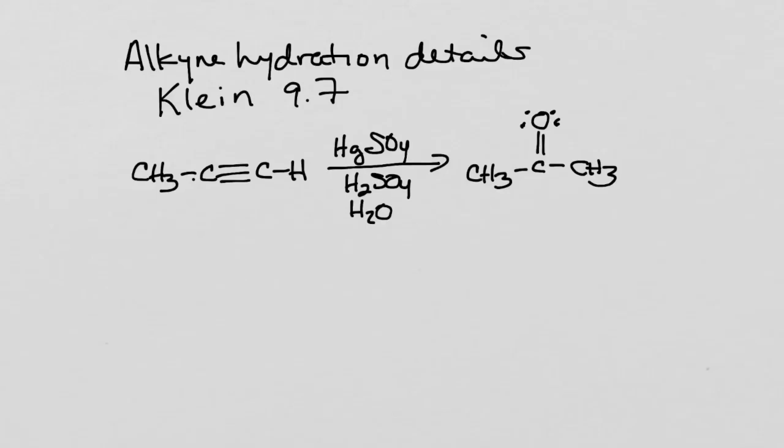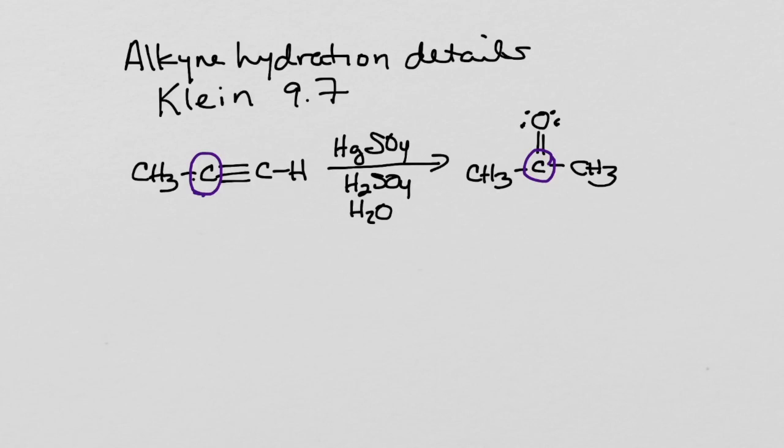Hey everybody, I wanted to give you guys a little bit more detail regarding the mechanism of the oxymercuration, demercuration of an alkyne, in particular bringing you up to speed on that acid-catalyzed tautomerization. As we talked about in lecture, what we're going to see happening in this oxymercuration, demercuration is that our more substituted carbon of our alkyne is going to become the ketone. It's going to get a carbon-oxygen double bond to it,